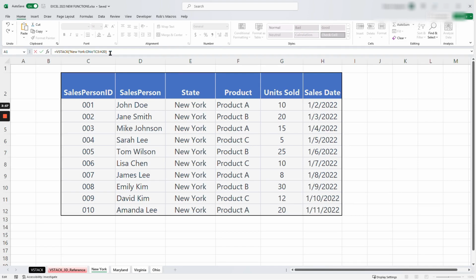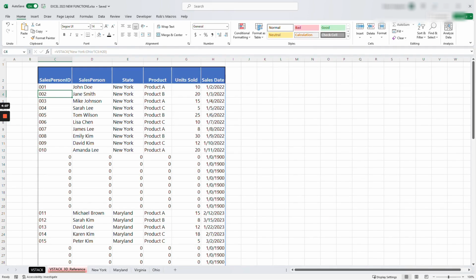And I'm done. So it's telling me that I'm stacking New York to Ohio, and for each of the cells it is from C3 to H20. And I press the enter key. So it's done. But look at what happens. We have all these zeros